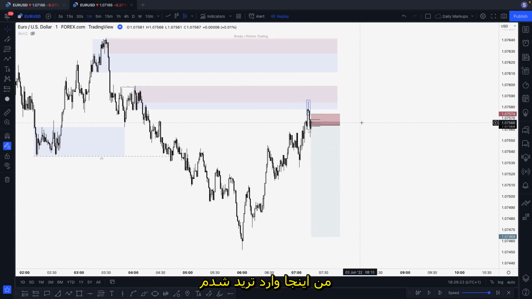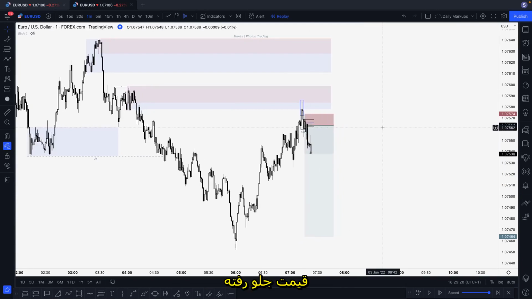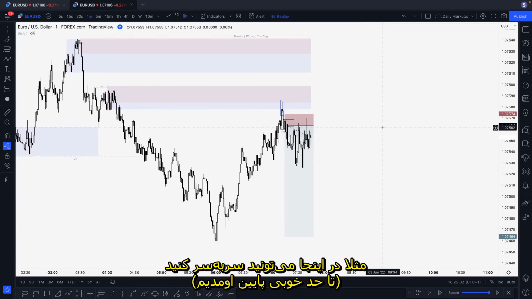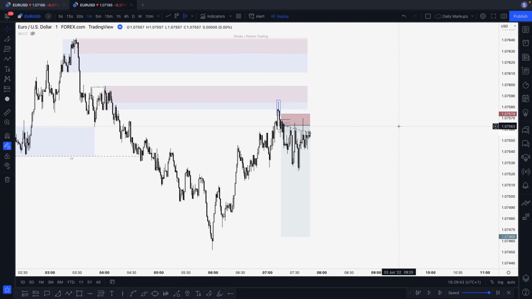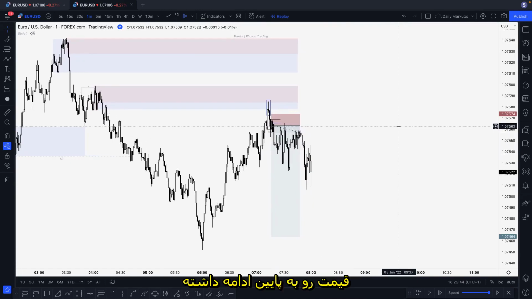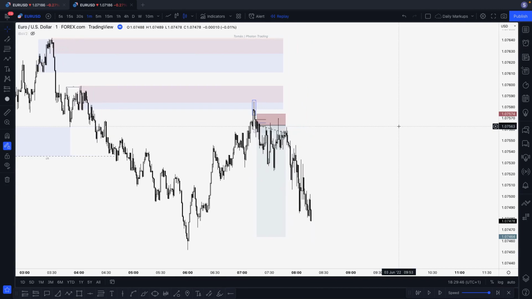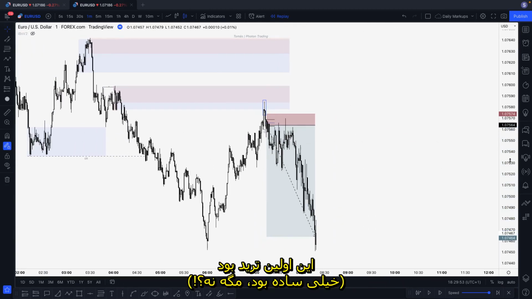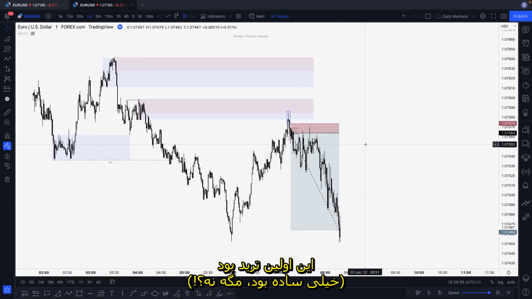Okay, I got involved here, and yeah, price continue. If you move to break even after, I don't know, after this, probably end up as a break even. It is what it is. And yeah, and price continue to the downside. This one takes a little bit of time, but end up with a take profit hit. Okay, so this was the first trade.